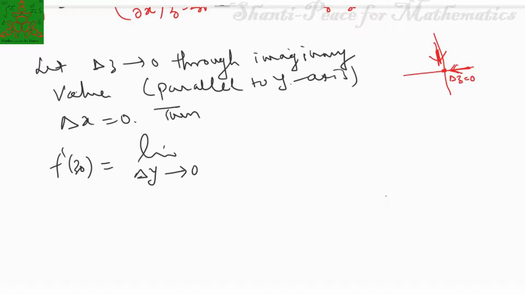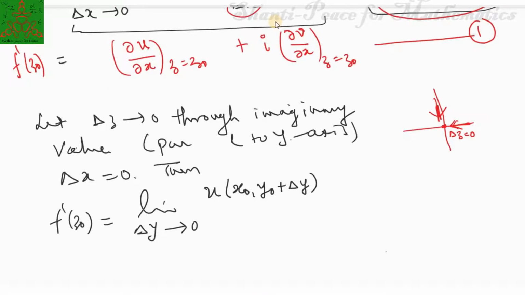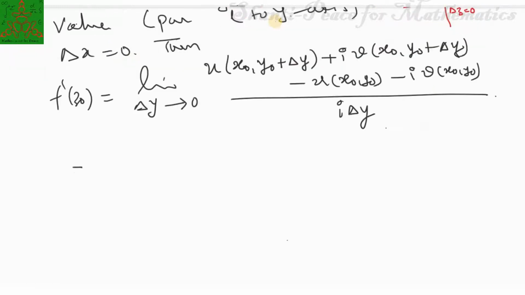As you have seen above, in this expression we are substituting delta x equal to 0. So this quantity will become 0, this quantity will become 0. So this expression, that is f dash of z0, we can rewrite as u of x0 y0 plus delta y plus i v of x0 y0 plus delta y minus u of x0 y0 minus i v of x0 y0 upon i delta y. So I am taking 1 upon i common out, and this quantity I may write down as real and imaginary parts separately, so that